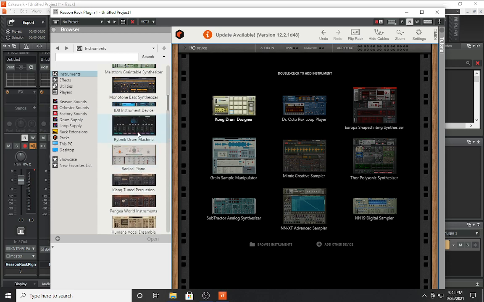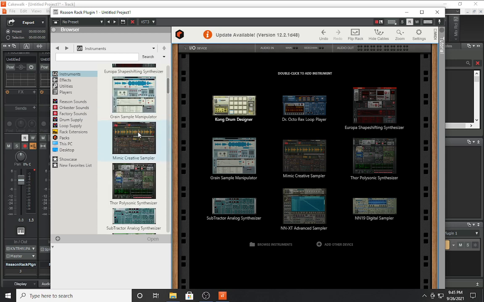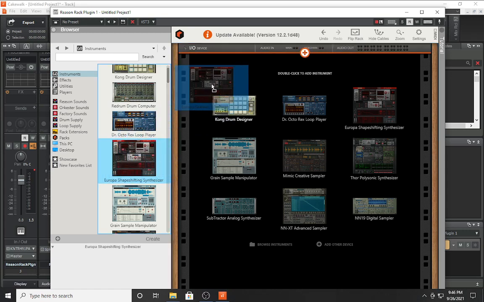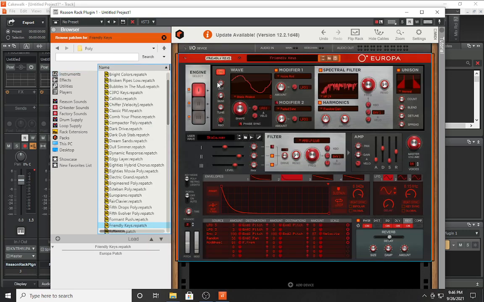But what's nice about these devices is the fact that you can stack them up and layer them and get a visual representation of these devices in a way that you won't get in another plugin. So if you're really good with CV routing, you can stack, you can layer,